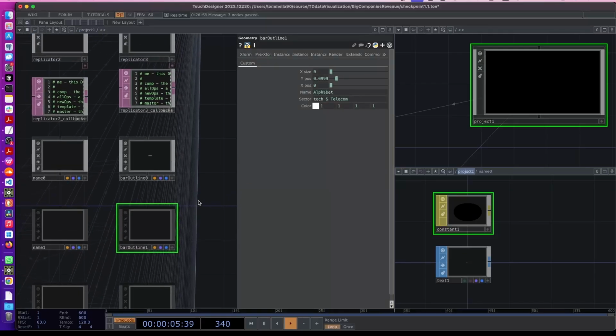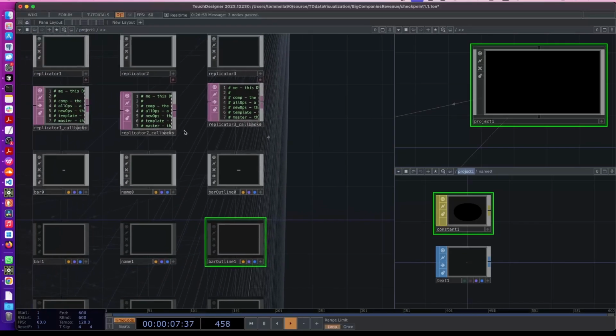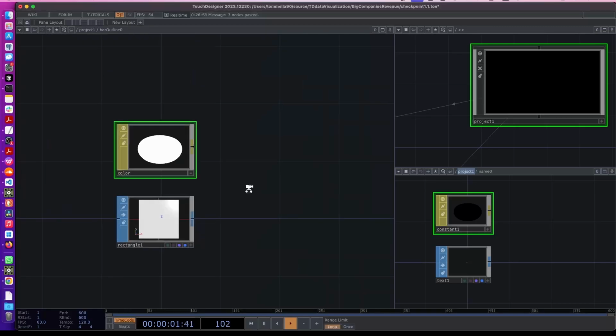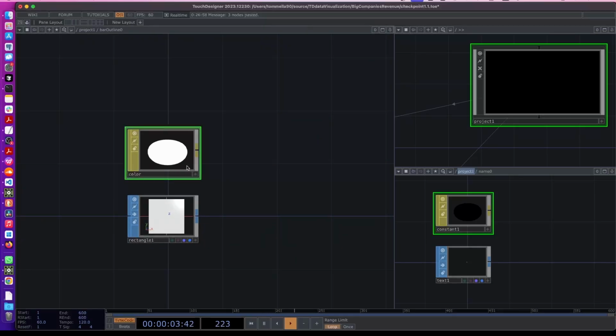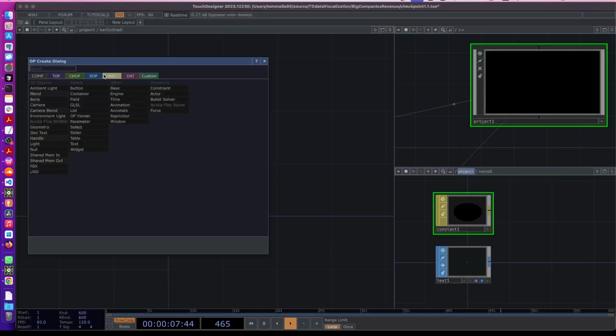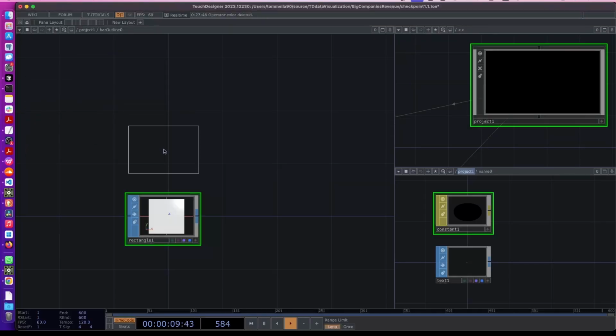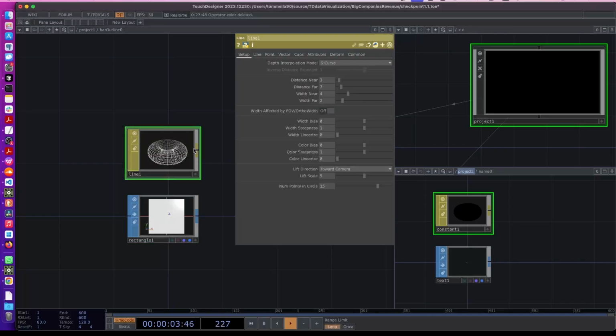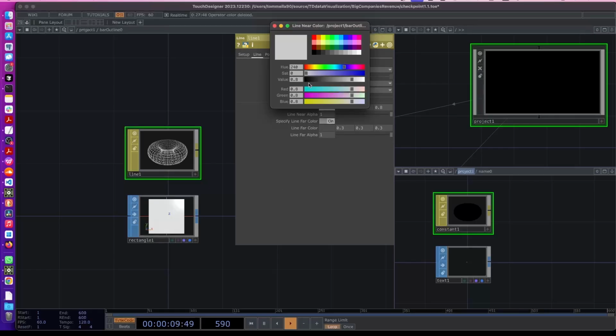And now I go inside the bar outline 0, and I will delete this color material and create a line material, which is basically a wireframe. So we can go inside and into line page, use black color,